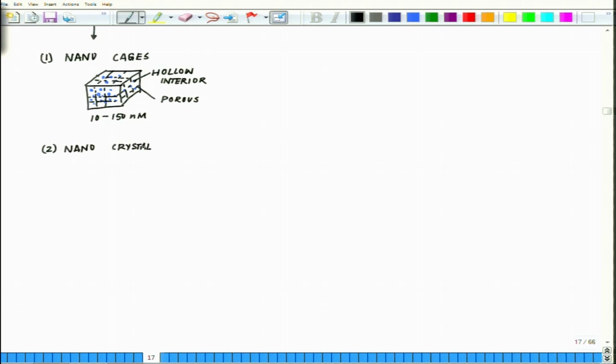These are of different shapes of crystals. The easiest to draw will be a cubic crystal, something like this, cubic shape. This is basically a crystalline structure, and they are approximately 100 nanometer. Then comes